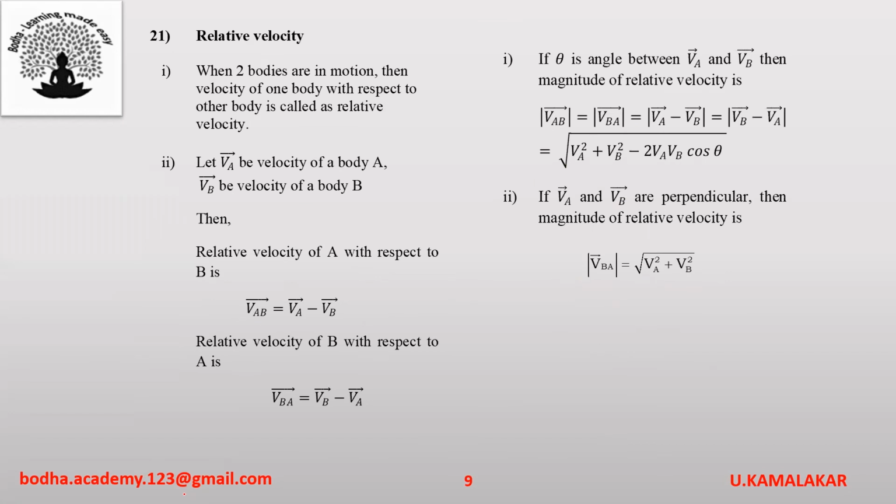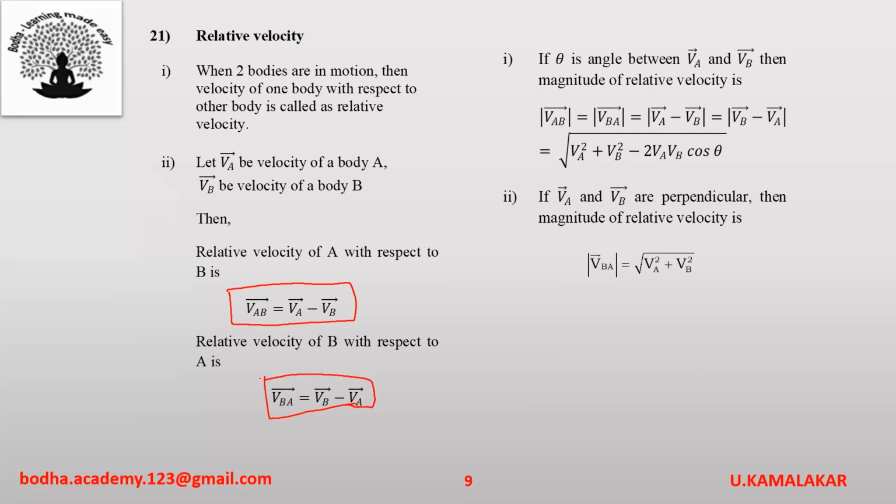Next concept, relative velocity. When two bodies are in motion, then velocity of one body with respect to other body is called relative velocity. Let VA bar be velocity of body A, VB bar be velocity of body B. Then relative velocity of A with respect to B is given as VAB bar equals VA bar minus VB bar. Relative velocity of B with respect to A is given as VBA bar equals VB bar